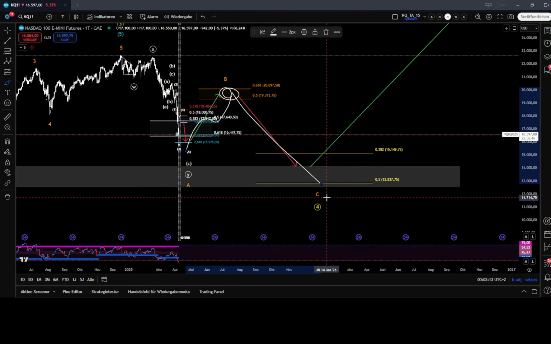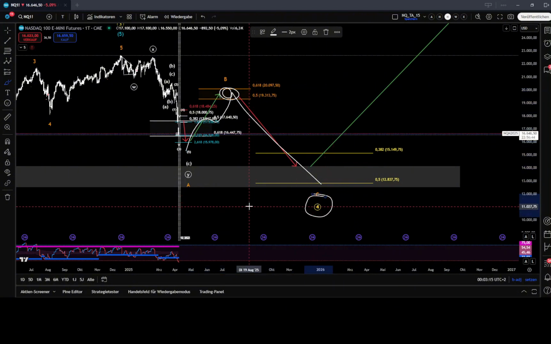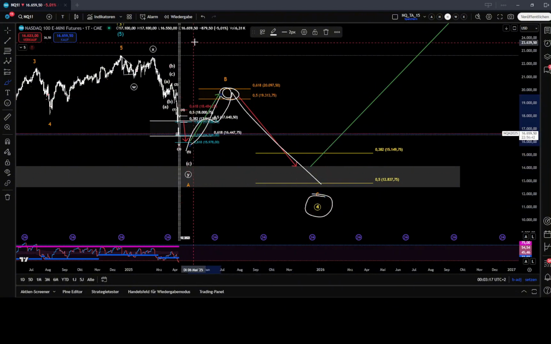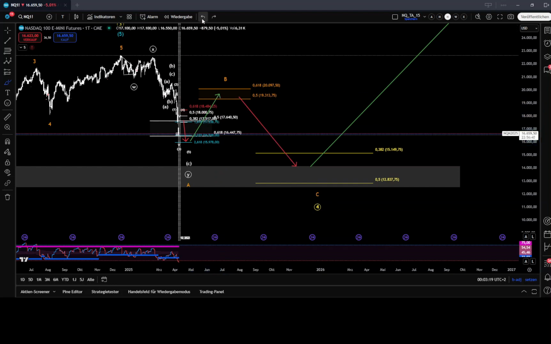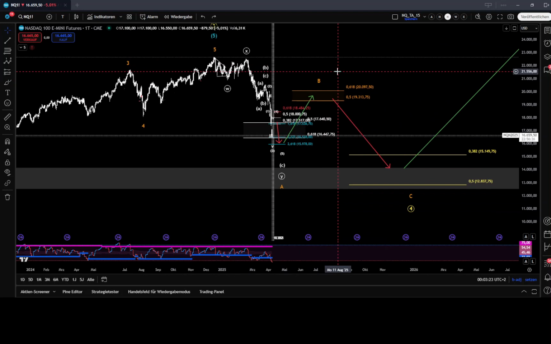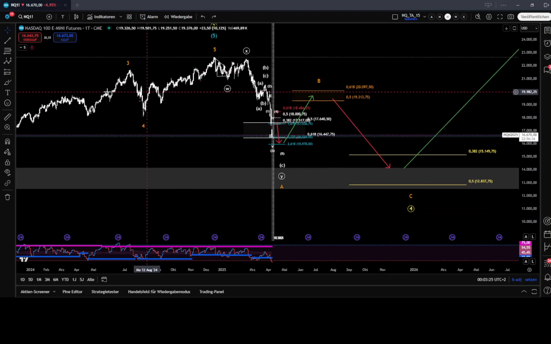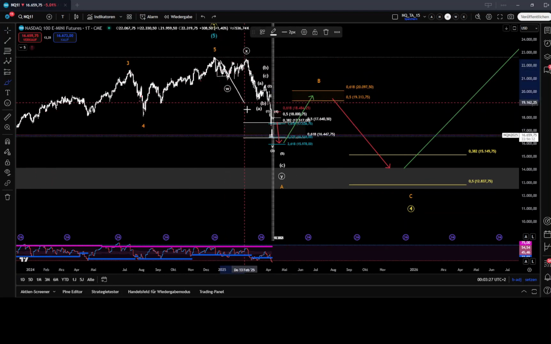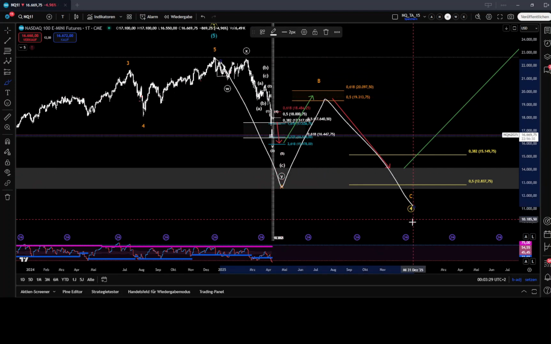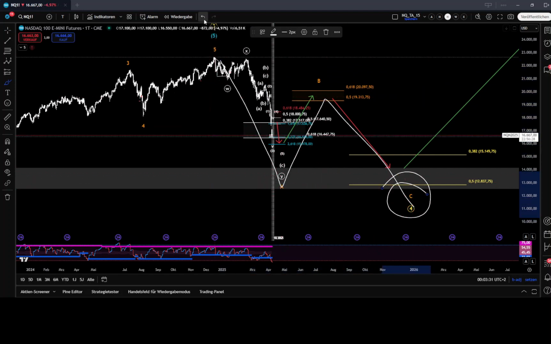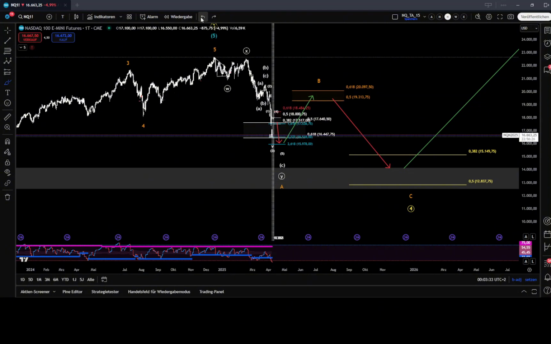So I do expect that we have still more downside to work on, even though we should get a bounce here, because even on the weekly chart, we are nearly or very, very oversold on the RSI base. So the roadmap is really at the moment our minor wave A, B, and C structure to the downside. So let me just talk about this